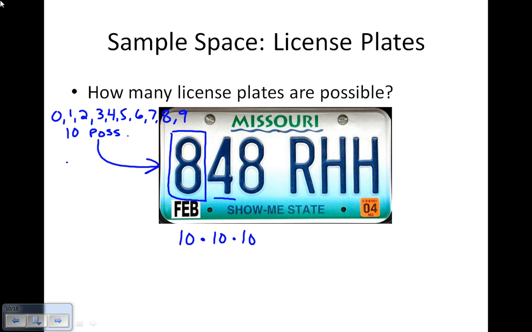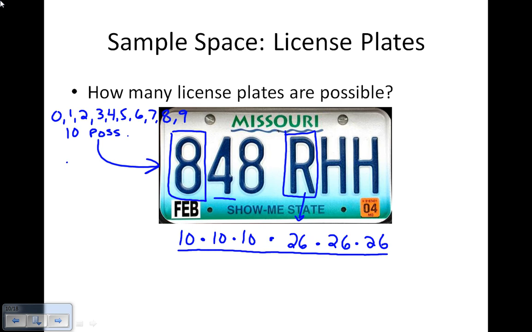For the letters, we know that there are 26 letters in our alphabet. So instead of 10 now, when we're looking at the letters, we have 26 possibilities. So for each one of these last 3 letters, there are 26. And just like we've been doing, this is just a more complicated example, we need to take the possibility of each one of these and multiply them all together. And I've already done that. You get a very large answer, 17,576,000. So there are roughly 17.5 million possibilities